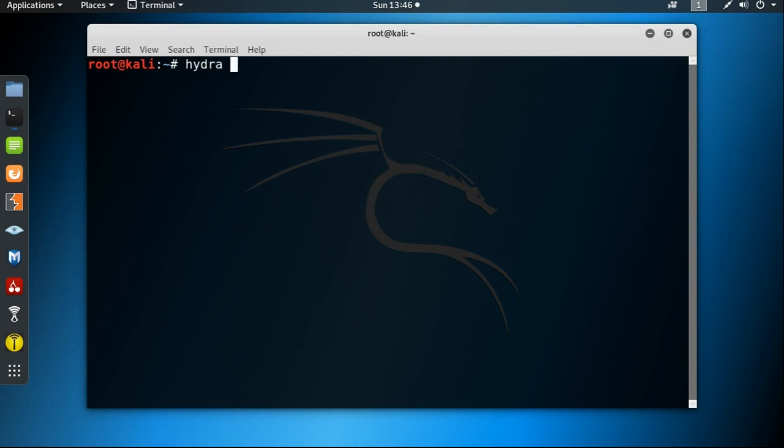So Hydra, dash l vyos, this is the user name, then dash capital P and provide the dictionary, an IP address, and the service name.